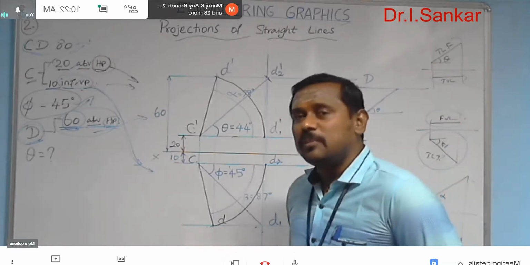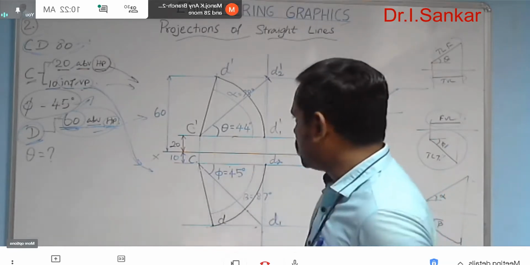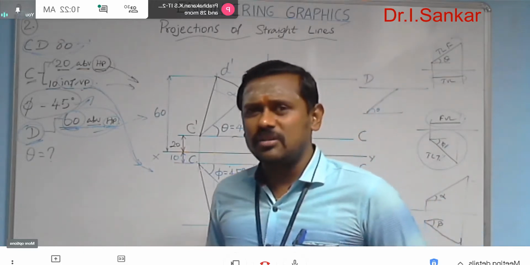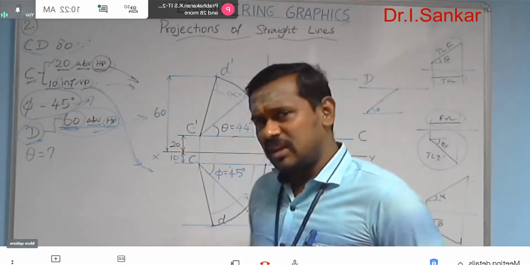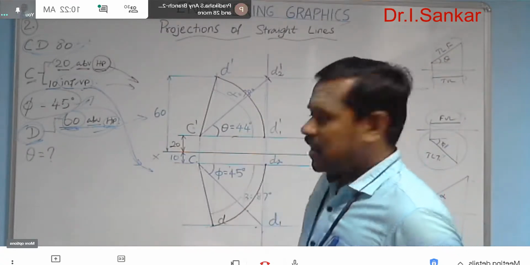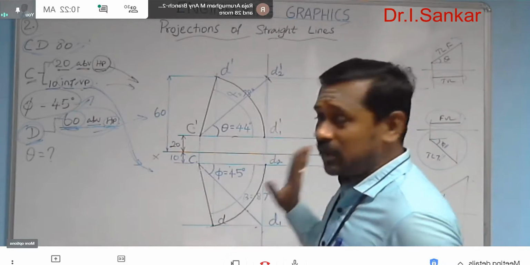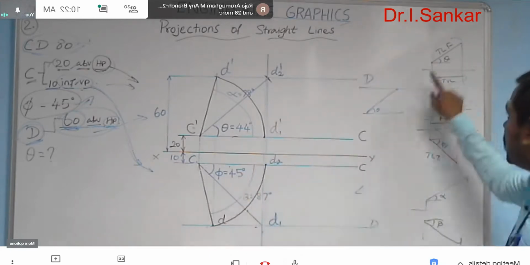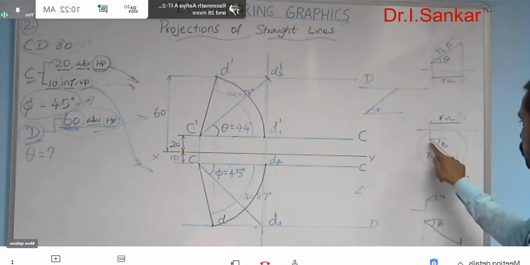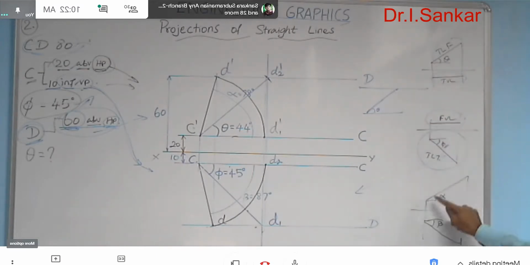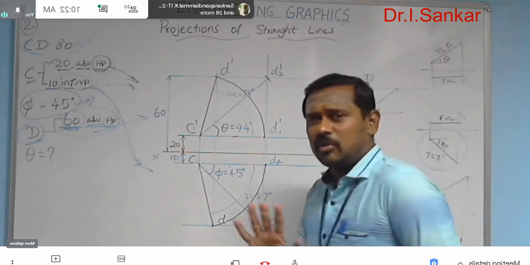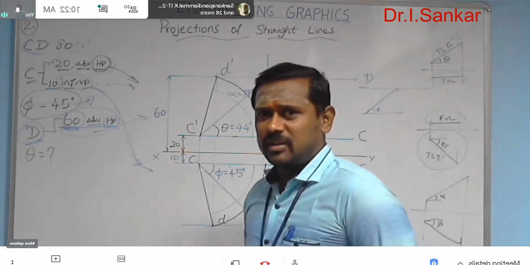The answer of the previous question and the present question looks very similar. The elements that are present in the previous question are the same in the current question also. We are having 6 lines and 4 angles, and the template also looks the same. The template never changed. Template is nothing but front view true length having pair top view length, top view true length having pair as front view length, front view and a top view. So this template never changes in any double inclination problem of straight lines.